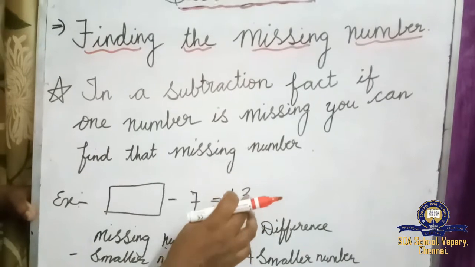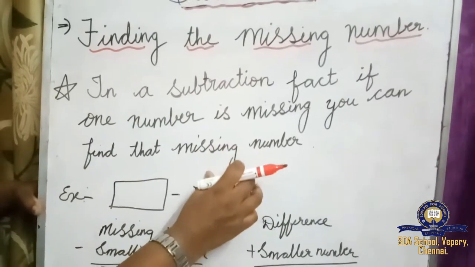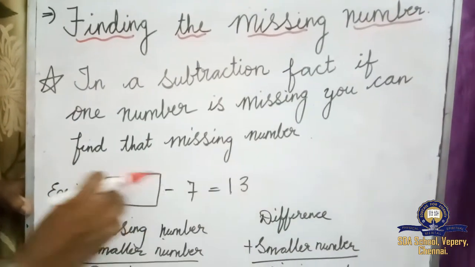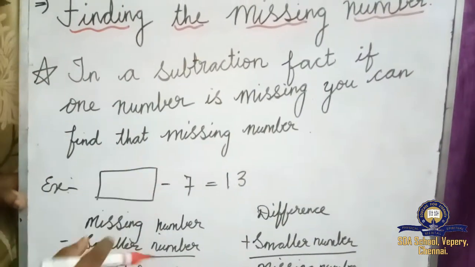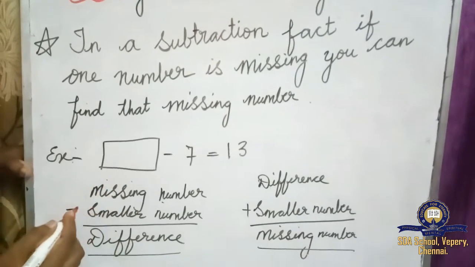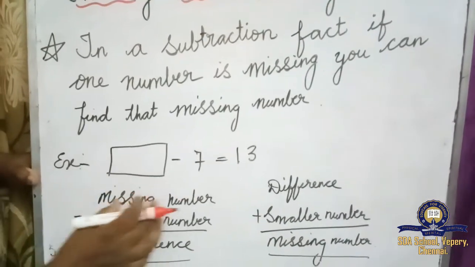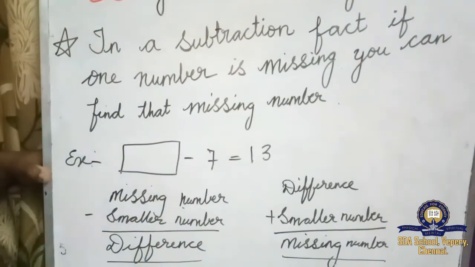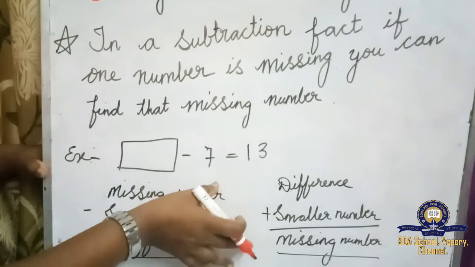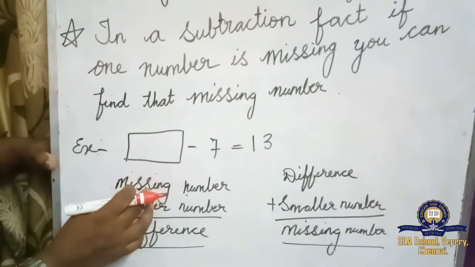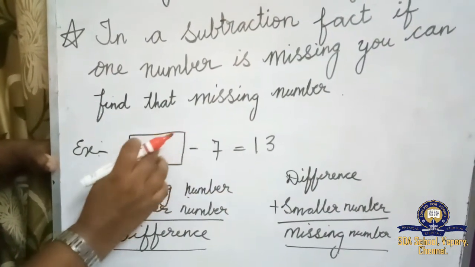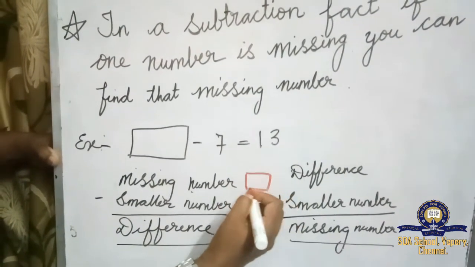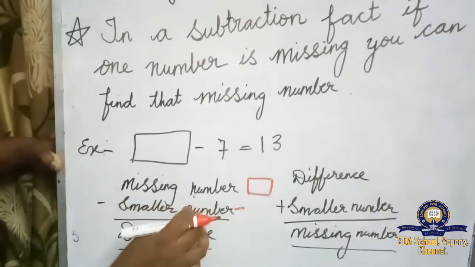It's very simple. When you add these two, you get the missing number. I'm teaching step by step. First you take down the missing number. This is a small digit, so you can find it very easily. If you have greater digits, you have to know the rules. First, the missing number. What is the missing number here? We don't know. So for the missing number, we'll put a box like this, minus the smaller number.